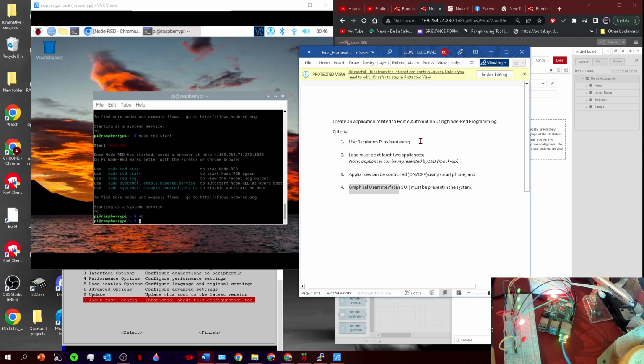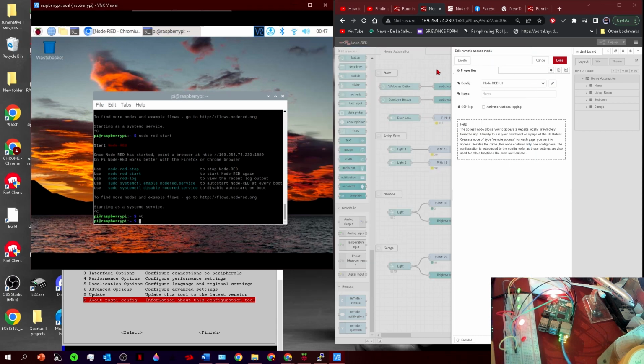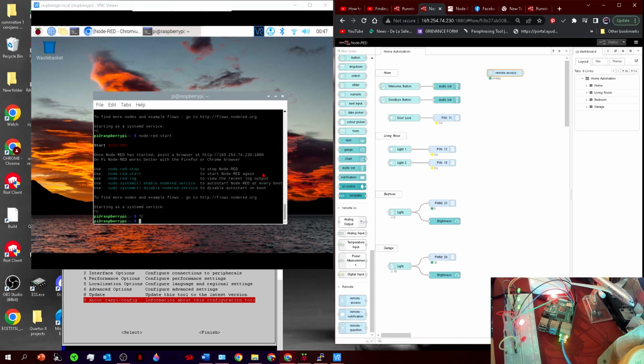The criteria is to use Raspberry Pi as the hardware. Load must be at least 2 appliances. Appliances can be represented by LED or mock-up. Appliances can be controlled on and off using a smartphone with a graphical user interface or GUI. So it must be represented in the system. So let's now discuss first how I came up with